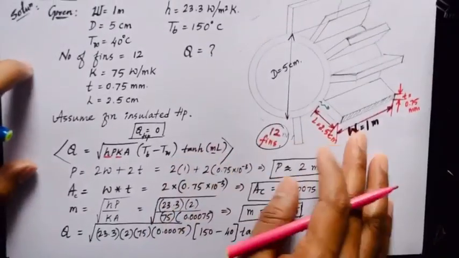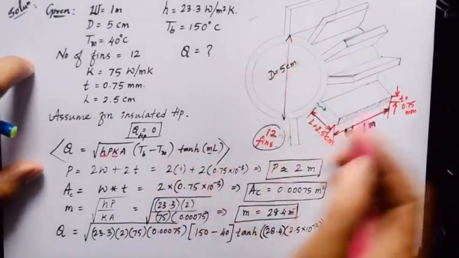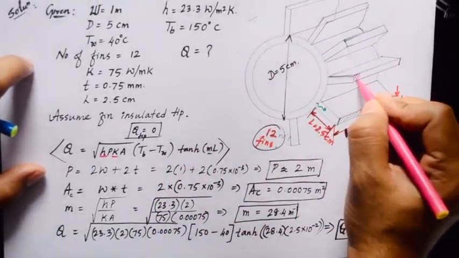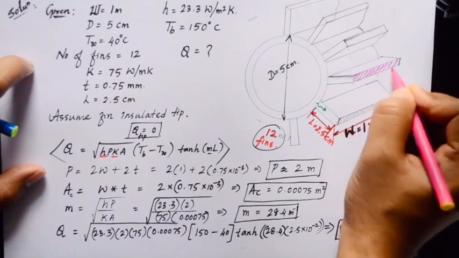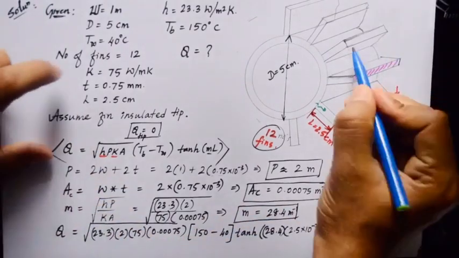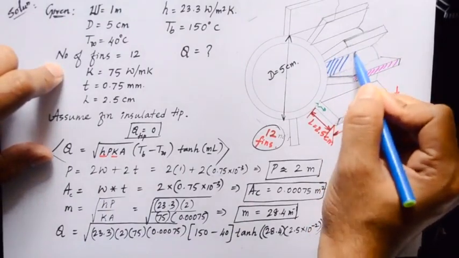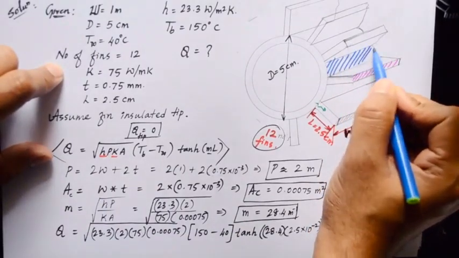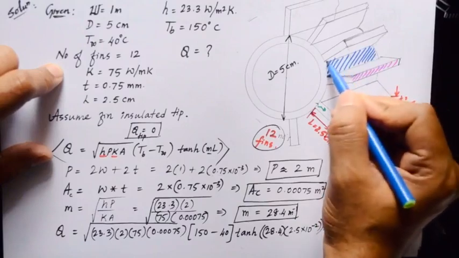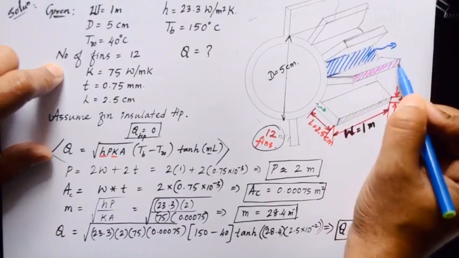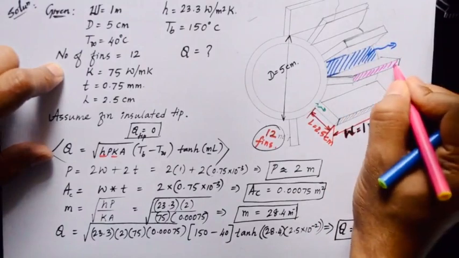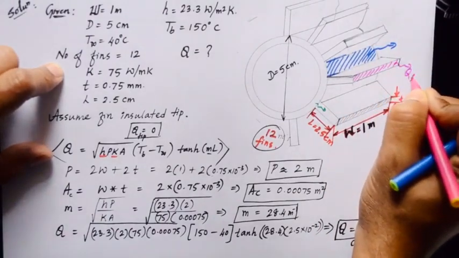Now we have calculated the amount of heat transferred by all the fins. Now all of you observe this drawing. It's not only the fin that is transferring the heat. If you just carefully observe, the distance between the two fins is exposing some amount of area of the cylinder. So even this will be transmitting heat to the surroundings. Not just the fin that is transmitting heat to the surrounding. This is going to be Q fin.